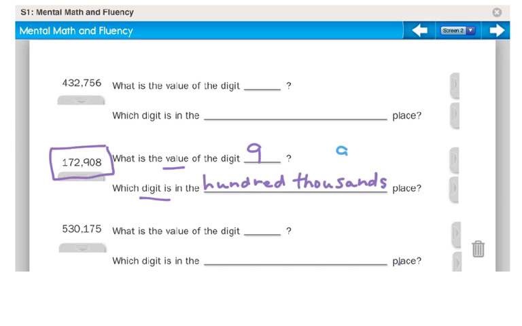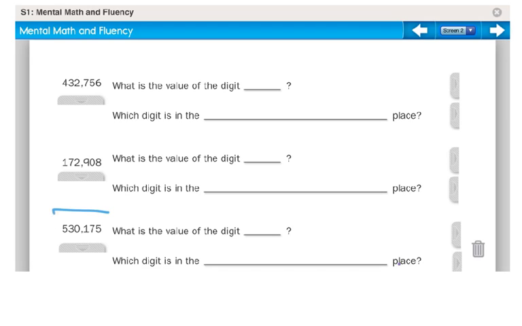So the value of the 9 is 900. And which digit is in the hundred thousands? Ones, tens, hundreds, thousands, 10,000s, 100,000s would be the 1. Remember to do this with me. Go ahead and erase your whiteboard and write down the number